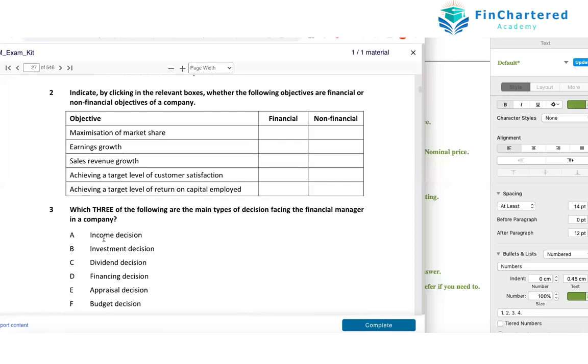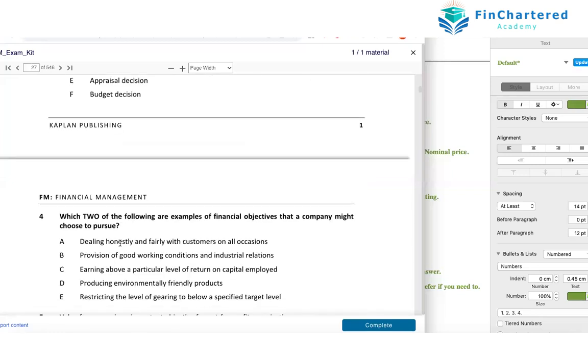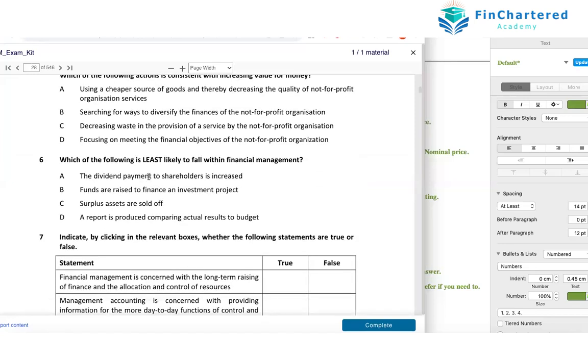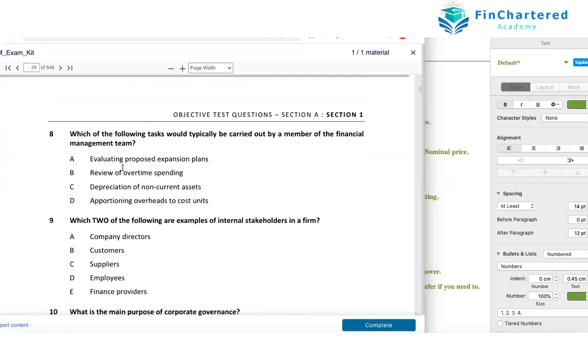Here, I know the answer. I'm choosing it and I'm moving on. Here, I know the answer. I'm choosing it and I'm moving on. And I'm happy with the answer. Here, I'm choosing the answer and I'm moving. I know the answer. I'm moving. Here, I don't know the answer.